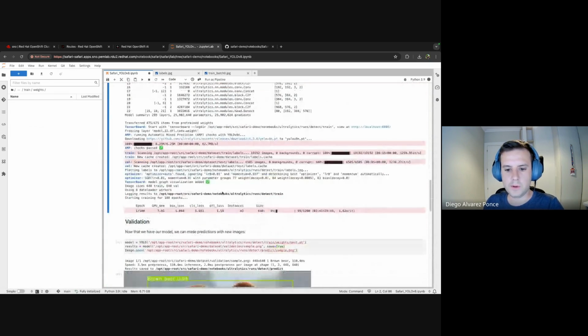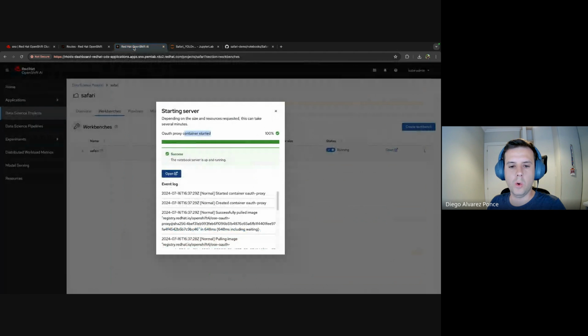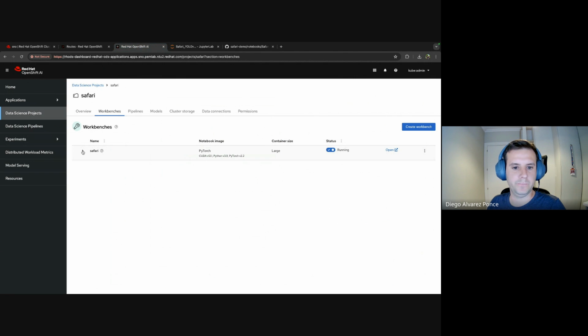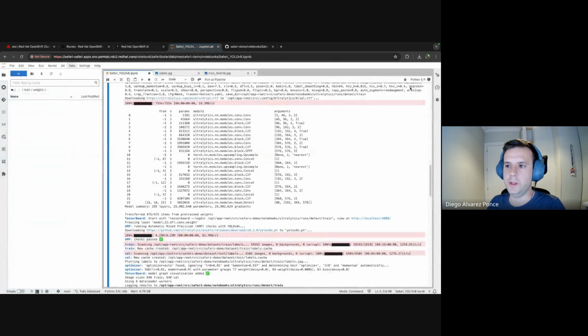So let's wait a couple of seconds because I want to talk about one question that we had in our last meeting. One of the questions was about how we know, when we select the workbench size, if that's the correct one or not. So if we take a look at this